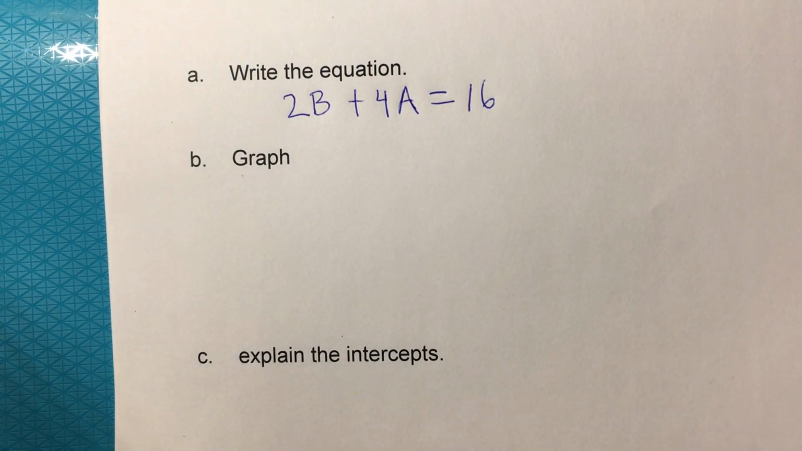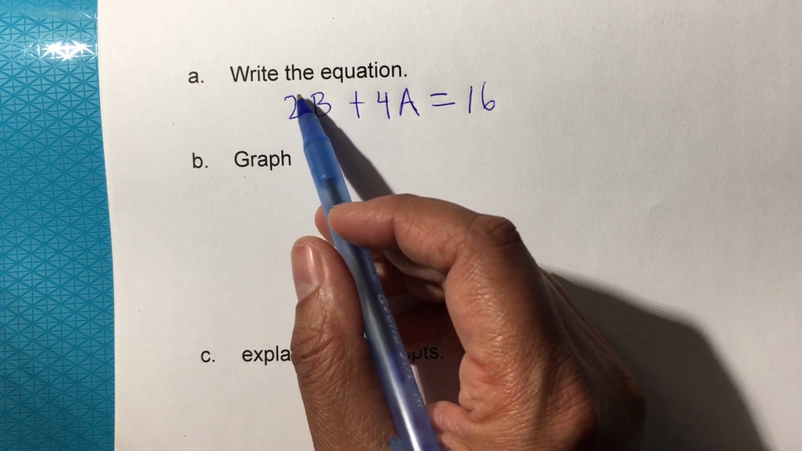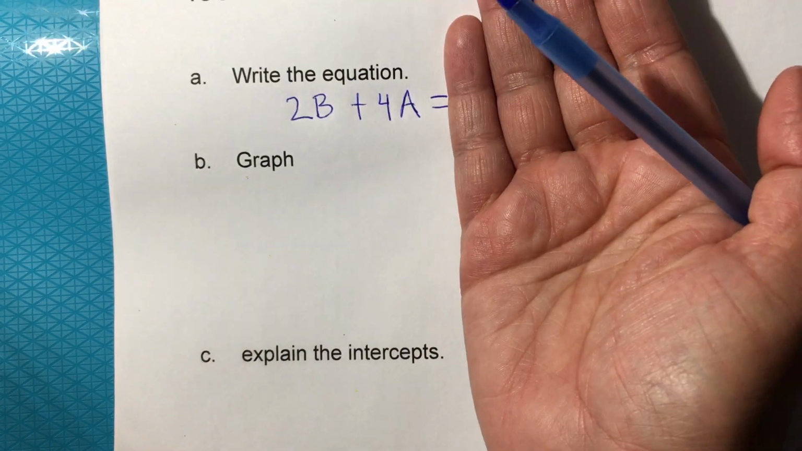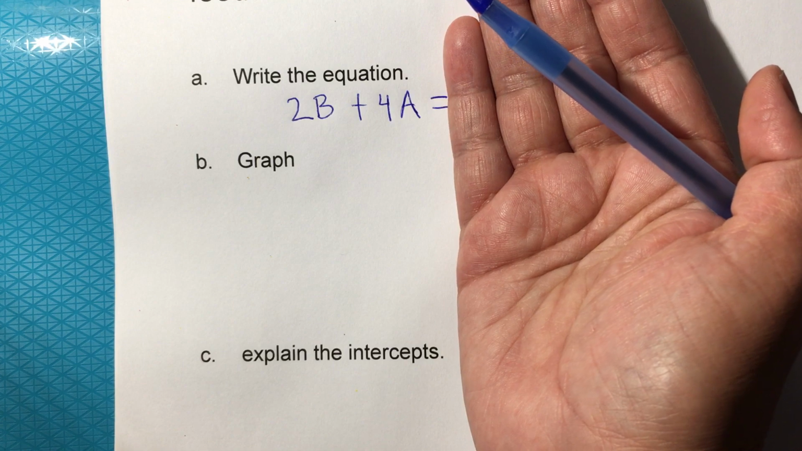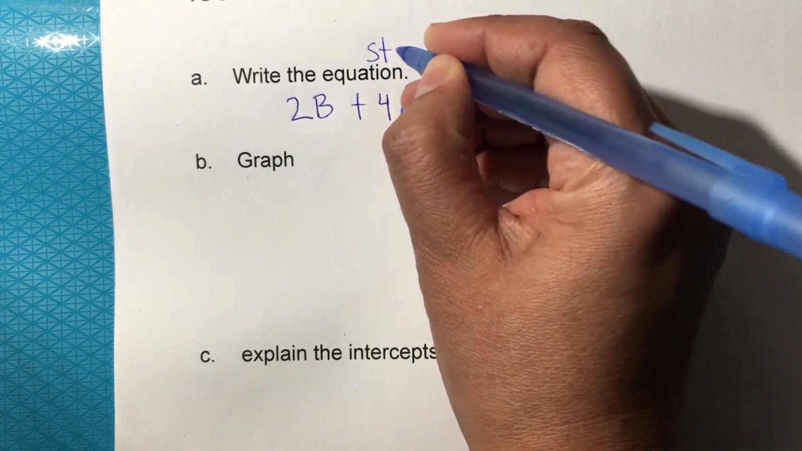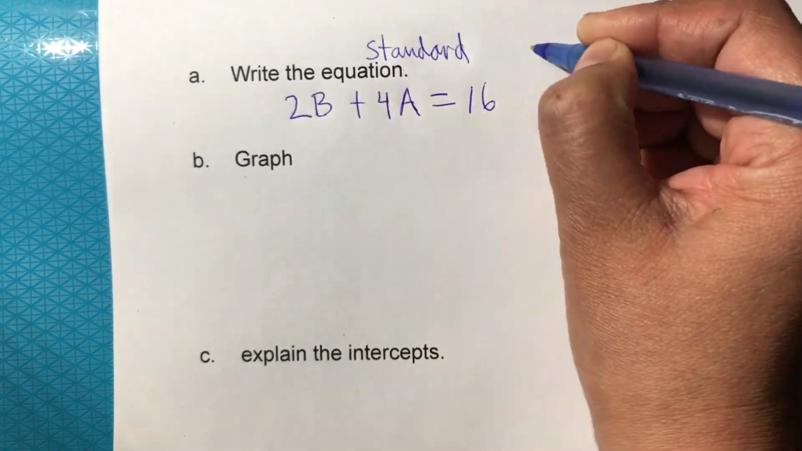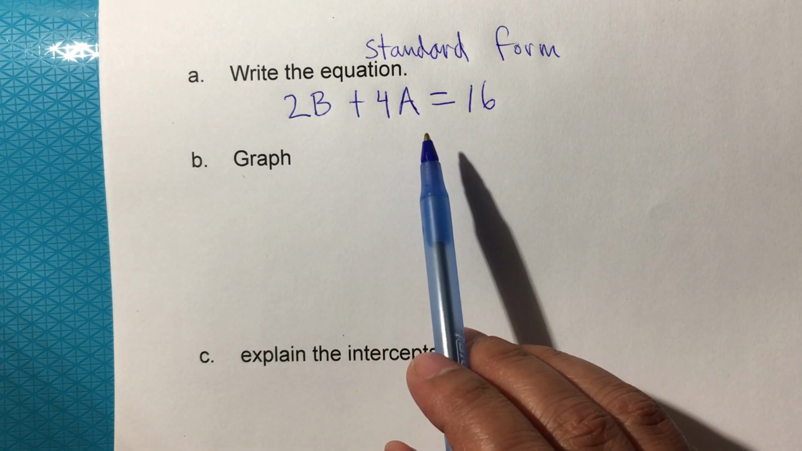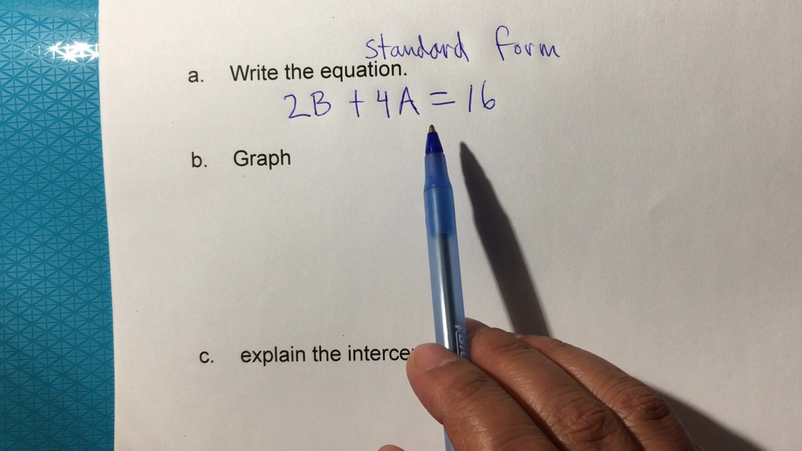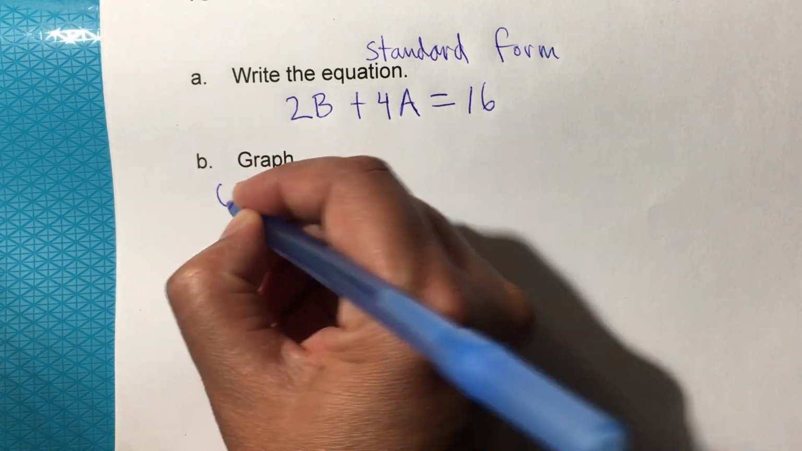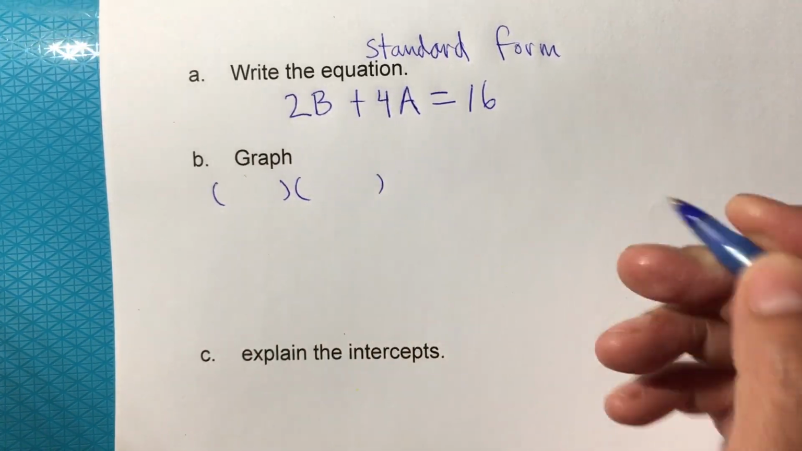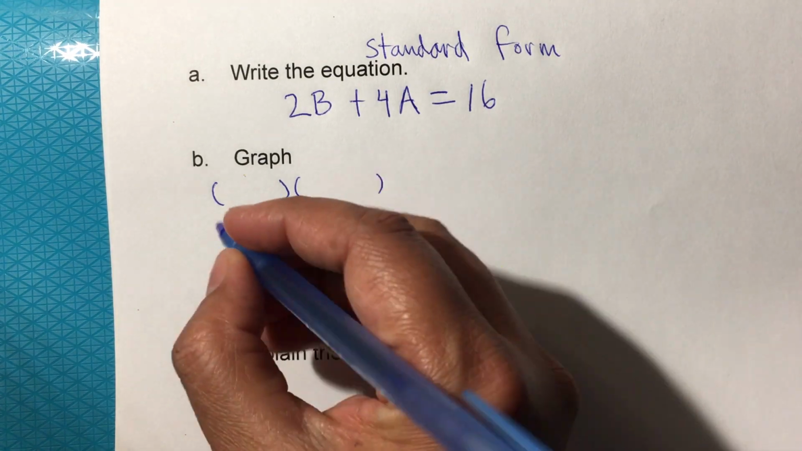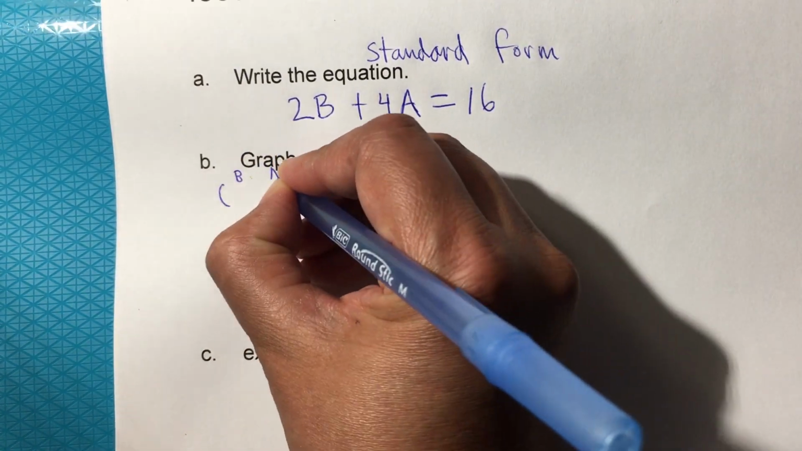And so to graph, if you recall, when we have the two variables on the left of the equal sign, that's in standard form. Standard form of the equation, and that means that we can use the x and y intercepts to find the points where the line intercepts my x and y axis. So we're going to put b and a,